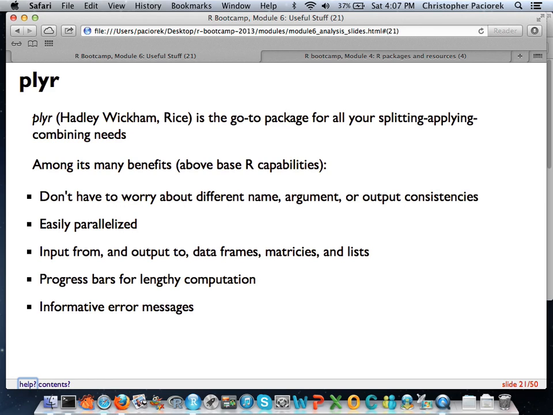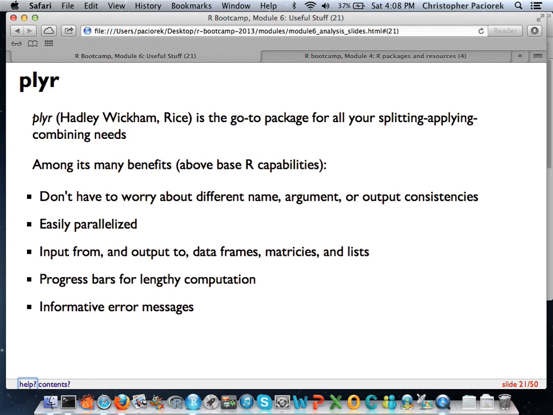I guess probably the motivation for the package's development is related to an issue that Chris talked about before, which is when you want to go to some sort of apply function that's in the basic R software, it can be a little daunting, whether you pick sapply, tapply, vapply, regular apply, or lapply. And when you actually try and work with those functions, the particular arguments that they take are not uniform.